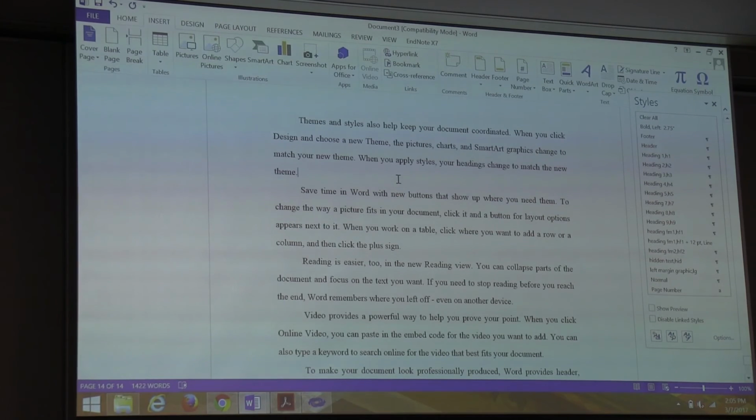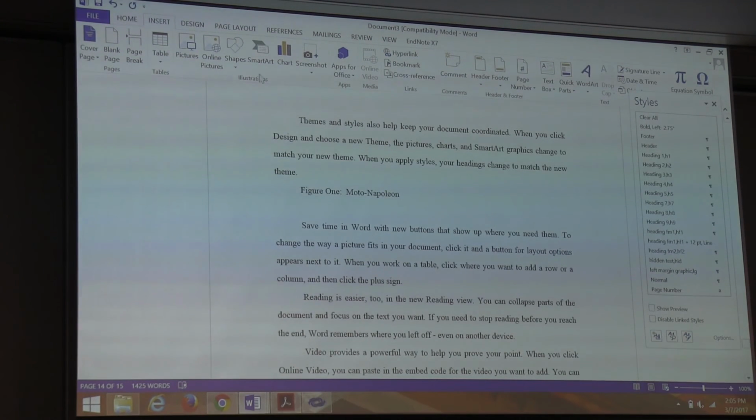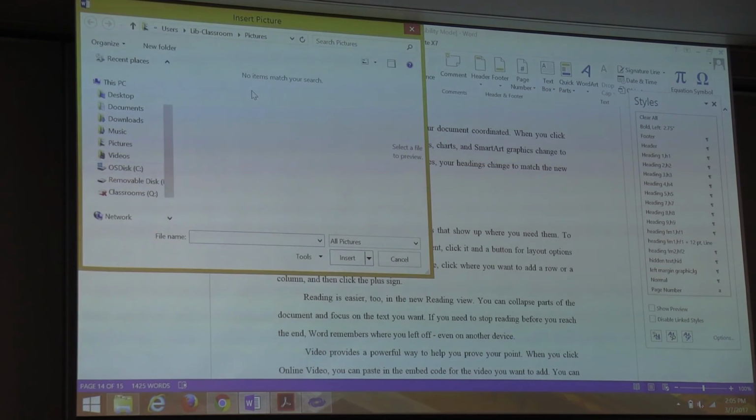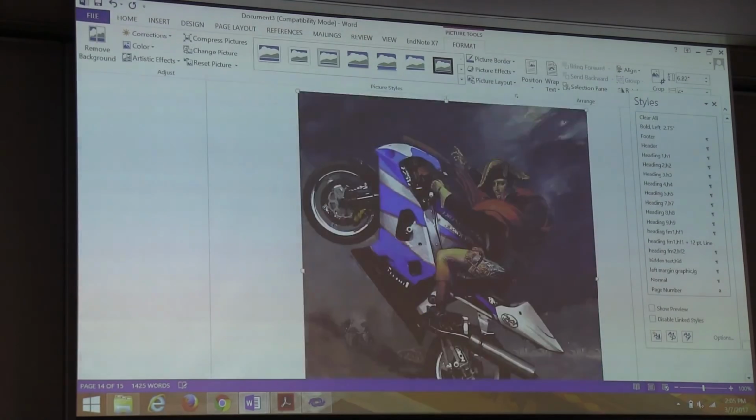Let's put in a figure. So you probably already know if you want to insert a figure, you say insert picture, and then navigate to wherever the picture is that you want to insert. And if you see my workshops, I always include a picture of the emperor. So we'll use Napoleon. And there he is.